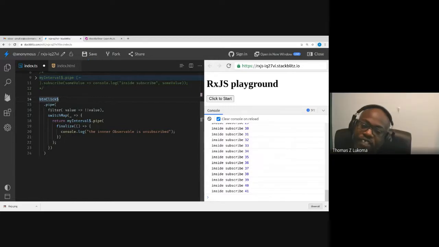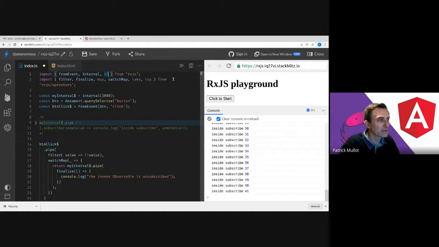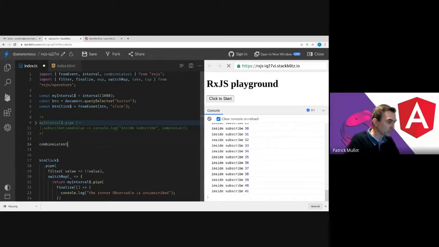Everything is serialized. That's why I was asking, because in those cases, you use another creator here, which is combineLatest. Okay, and combineLatest, you just do that. You use this creation function with observables. So let's say that